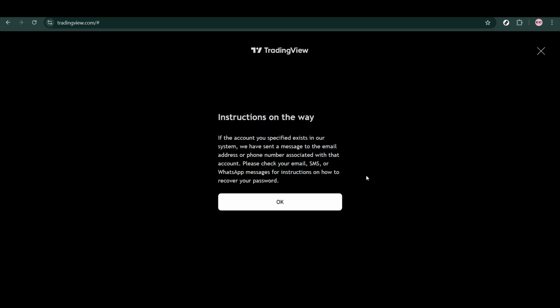This email typically arrives within a few minutes, but depending on your provider, it can take longer. Open your inbox and look for the message from TradingView. If you don't see it right away, refresh your inbox and check your spam or junk folders. It's also a good idea to search your mail for the sender or the phrase password reset, in case it